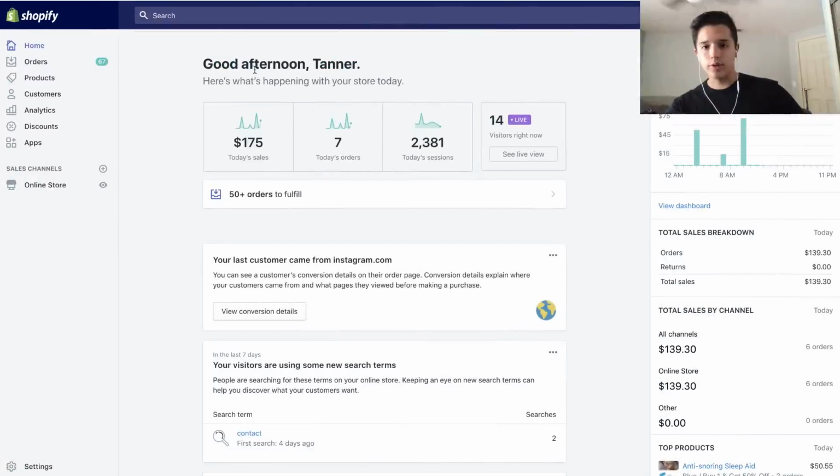All right, perfect. So right here, look at this. This is terrible. 2,381 store visits and 7 sales. That conversion rate is like the worst conversion rate I've ever seen. Not the worst I've ever seen, but it's not good at all. And the reasoning for that is because of the PPE ad.